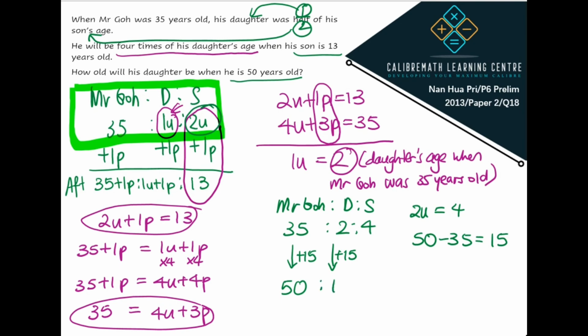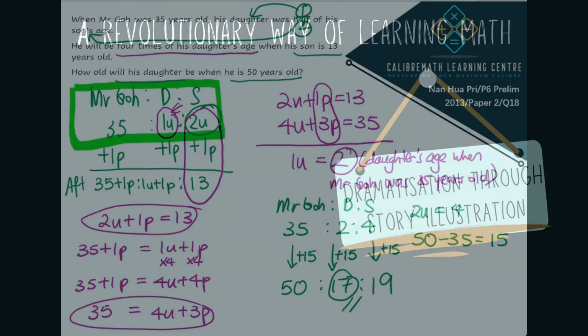And then 2 plus 15, that gives us 17. And same thing for the son, increase by 15. 4 plus 15, and that gives us 19. Now, since we are interested in the daughter's age, the answer is 17 years old. So his daughter will be 17 years old when he's 50 years old. So the answer to this question